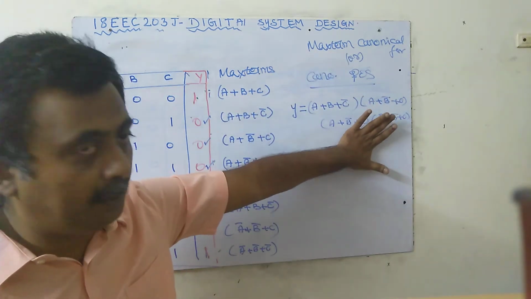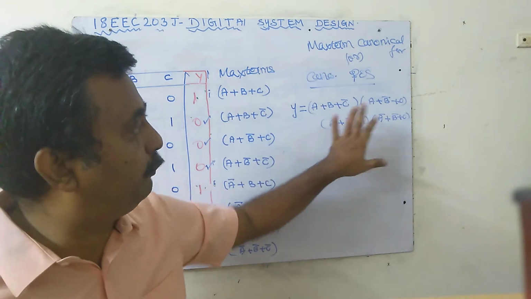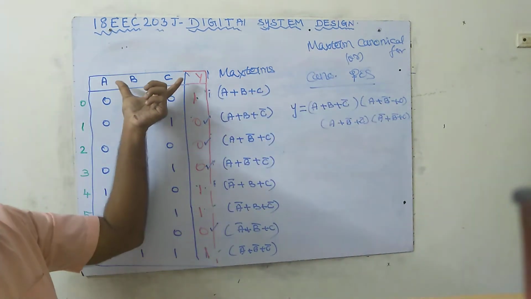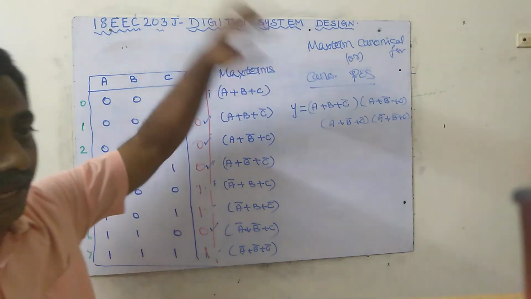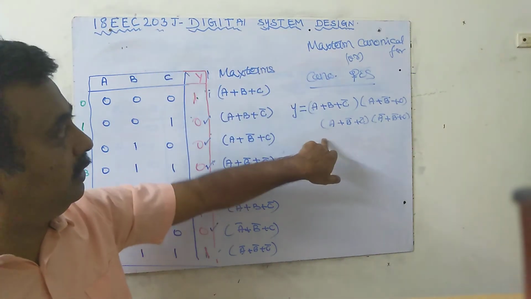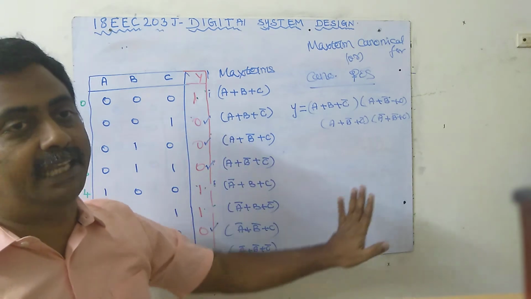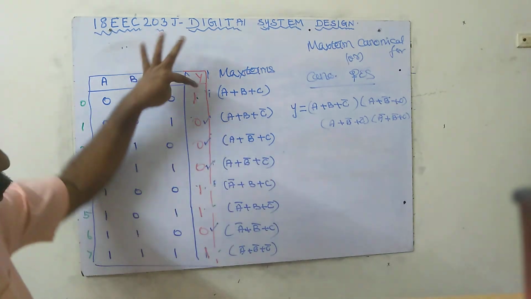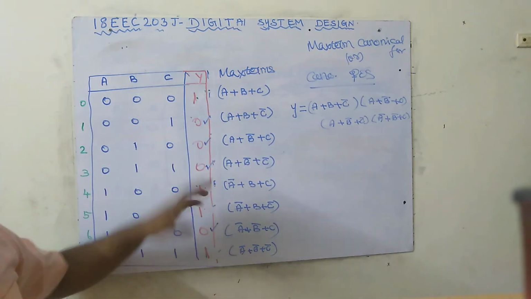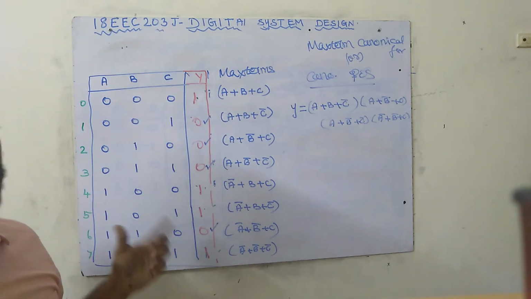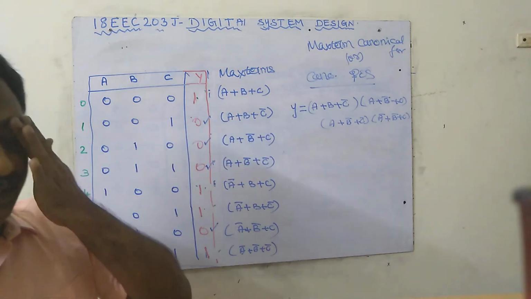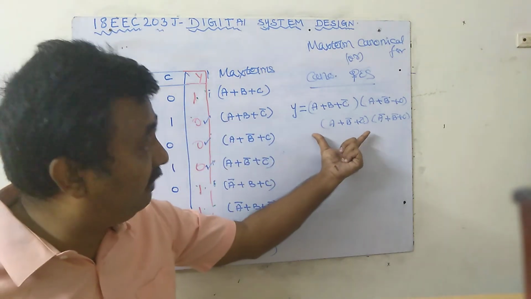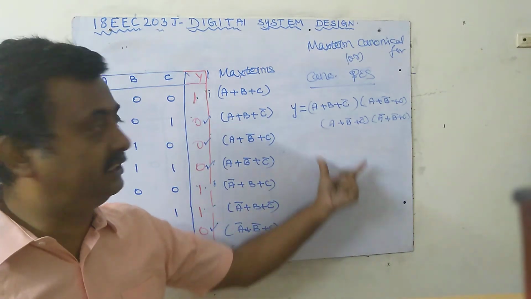If you implement this using gates, we get this truth table. Either I can use that equation or this equation; both times I will get the same result. That is, I will get 1, 0, 0, 0, 1, 1, 1, 0. This truth table I will get. So if the customer wants this output, we can give it like this. But this thing we have to reduce.